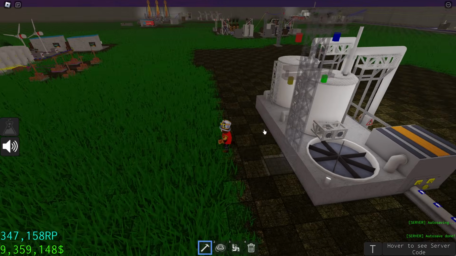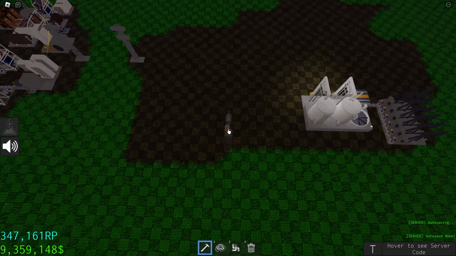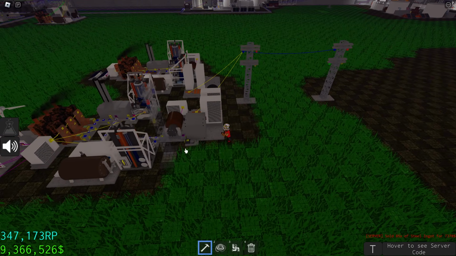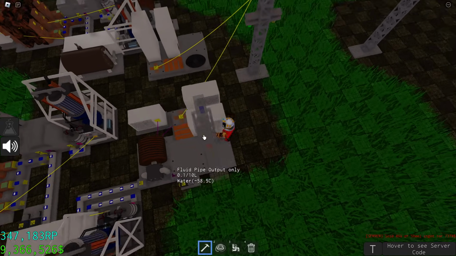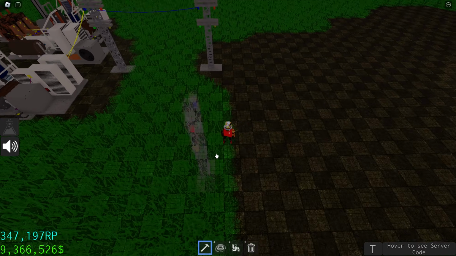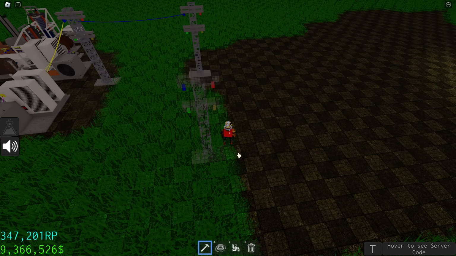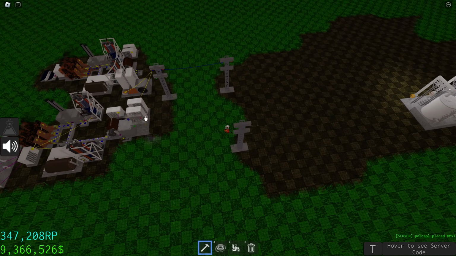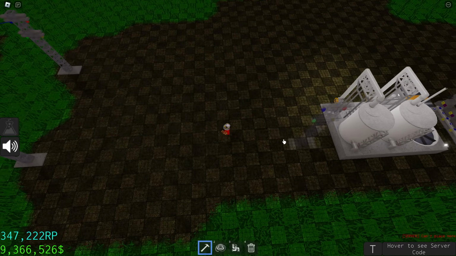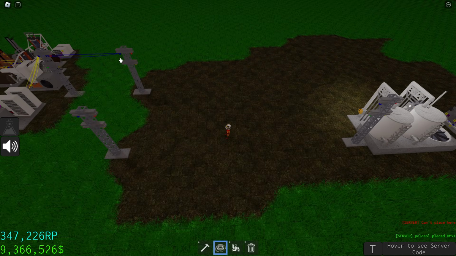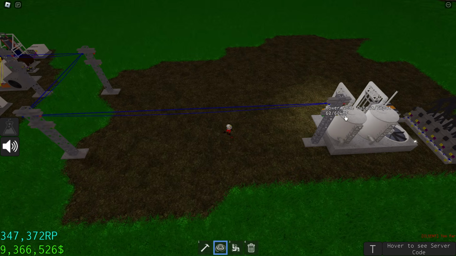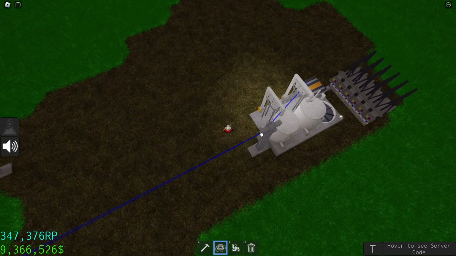to have a good energy production source. I have a very good energy production. You can find out how to make this in my last video. If you want to make this production, if you don't, it's okay. You can just use any other energy production, but this is very efficient and I highly recommend using this kind of contraption. After that, you're just going to have to connect your power into your refinery and into your oil rigs.